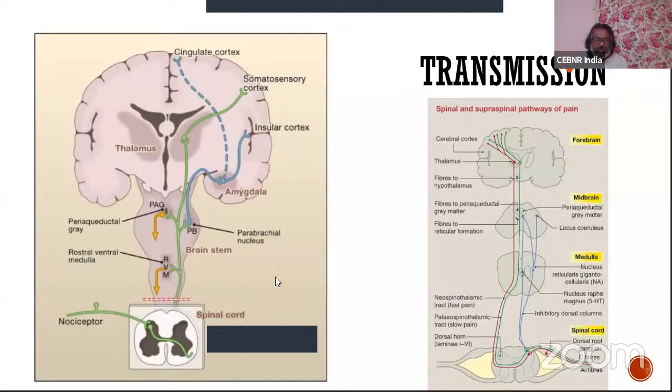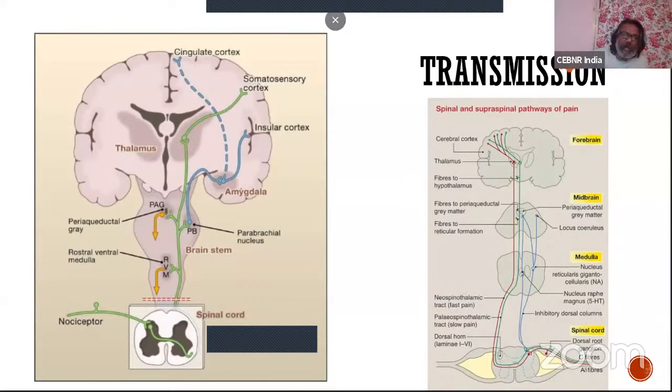And they also give a connection to the reticular area in your medulla, the parabrachial nucleus, and probably lots of places in your medulla, but these are the three important things: your PAG, the periaqueductal gray, some amount of reticular formation, and the parabrachial nucleus. You don't have to worry about what those things mean. You can read about them later as you read more.